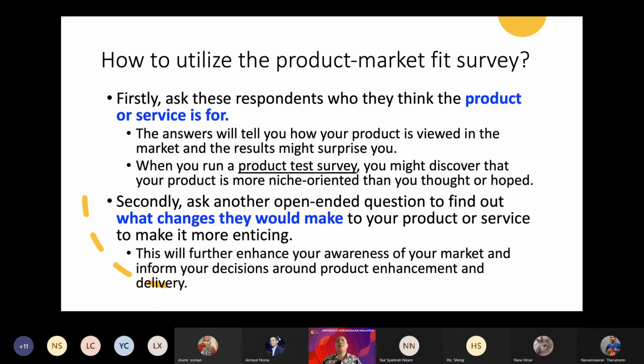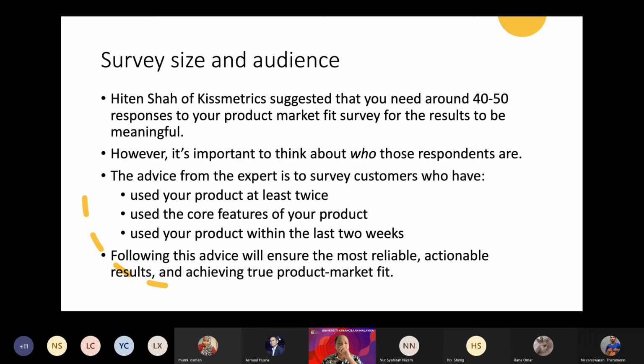So first you have to understand whether you are targeting the correct customer, and second, if they like or don't like it, why. Because this is for the future development of your product. Okay, the survey size and audience. So this is about designing the questionnaire, and next you have to understand